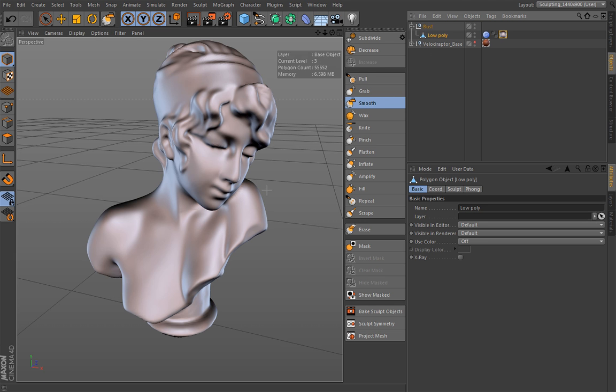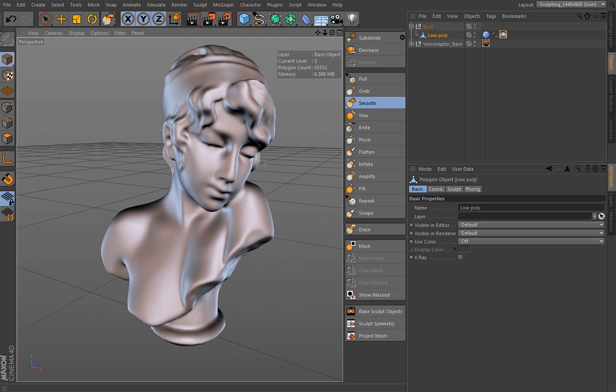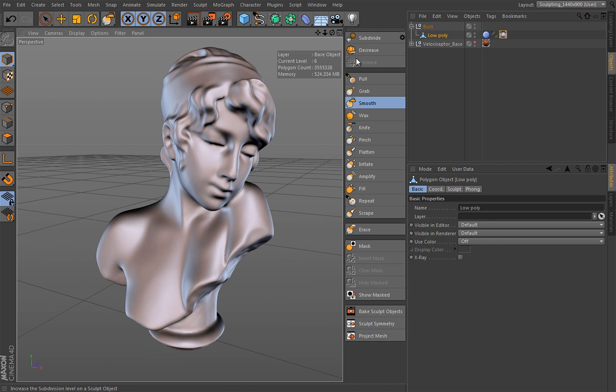One thing that I really want to show you that makes me really happy is the performance improvement. So let's hit subdivide a couple of times. So now I'm at almost 900,000 polygons. If I hit subdivide once more, I will be around 3.5 million polygons. Now in release 14, I could spin around 5 to 6 million polygons and things would be really slow on this very same machine. So let me hit subdivide once more, and this will of course take time to subdivide 3.5 million polygons,